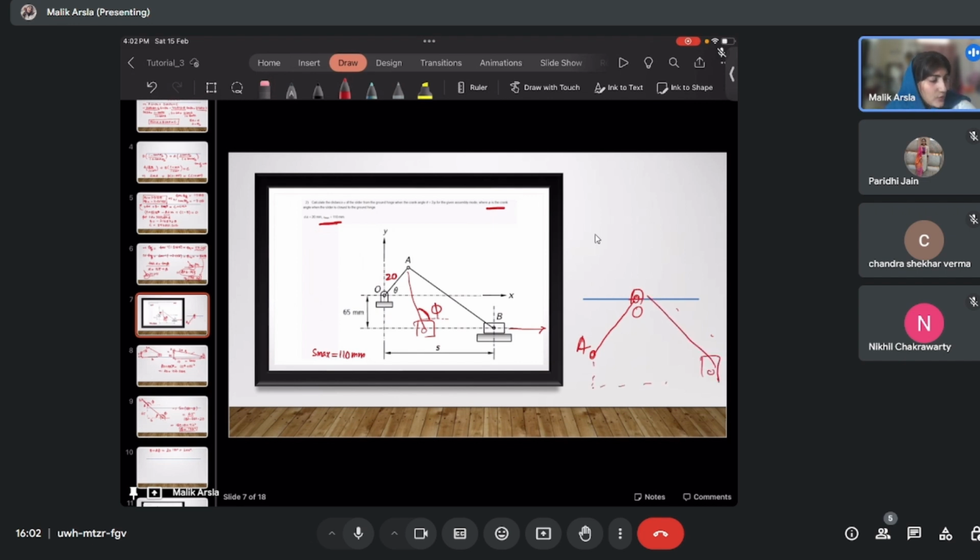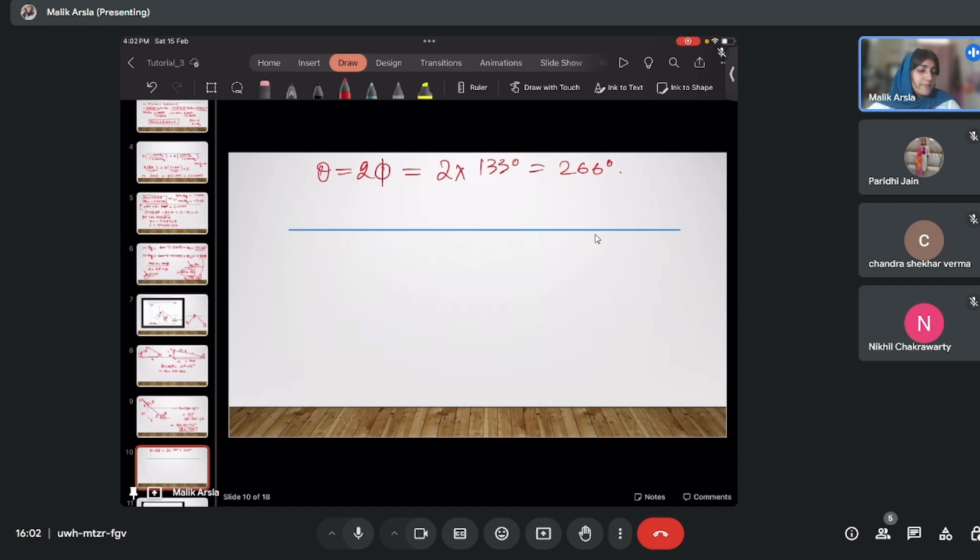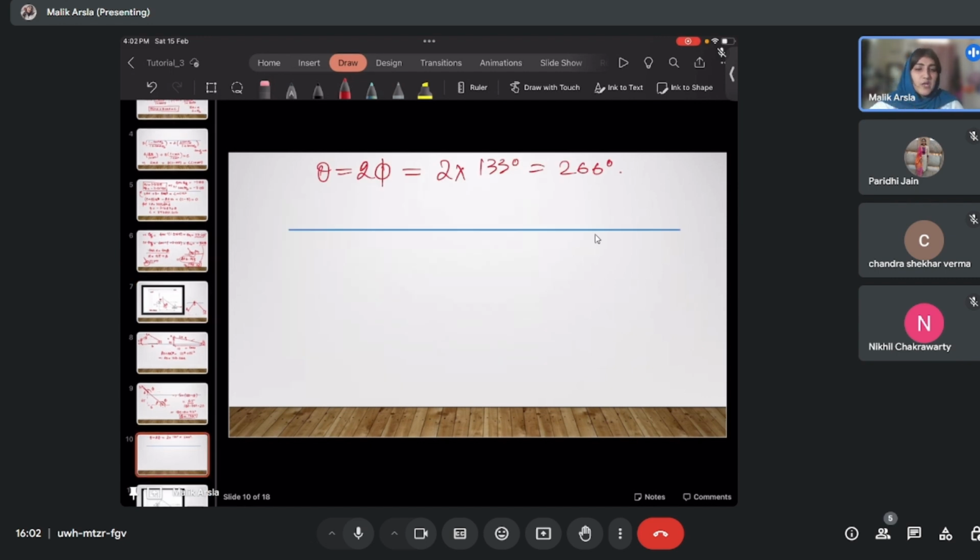In that case, you can again draw the slider crank mechanism. Then you can write the coordinates as we did in question number 1. You can write the coordinates, then equate the lengths and get the output which you have to find out, s. Or you can simply, if you memorize the formula, use it, as we know from inverse